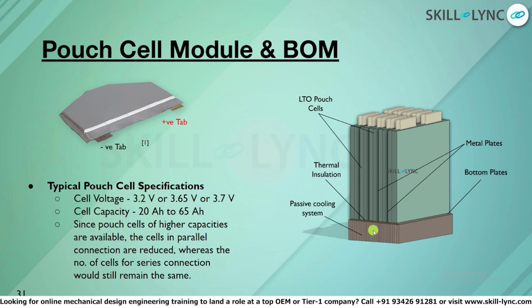But what happens is, if you do charge and discharge, these pouch cells tend to expand a lot. And when such expansion happens at a certain point of time, the cell bulges a lot and it could lead to explosion. So it is very important to hold the cell intact by applying pressure on both sides. So you can put a pressure plate over here, you can put a pressure plate on the other side, and